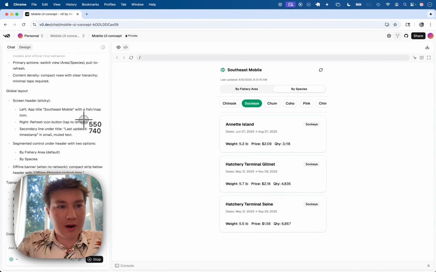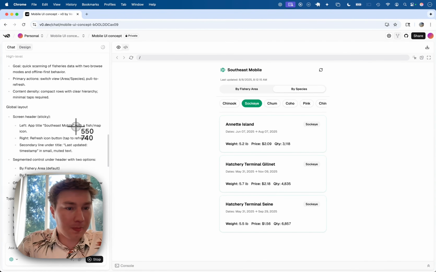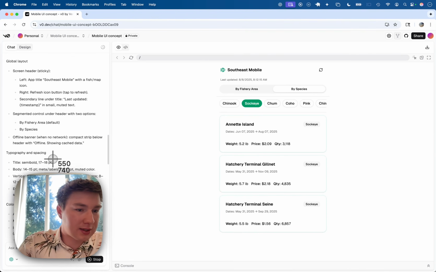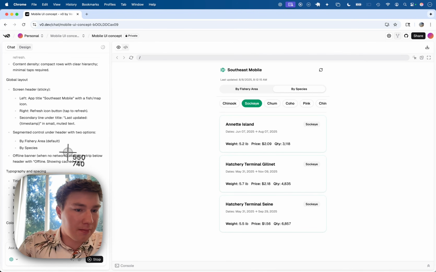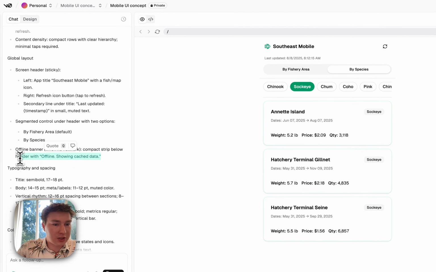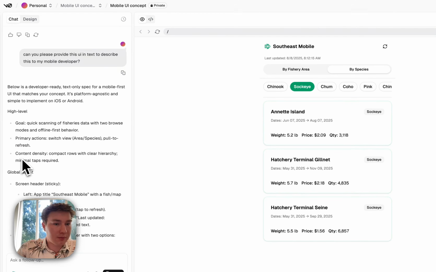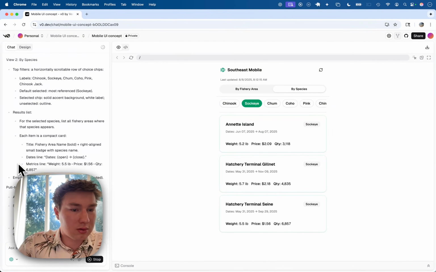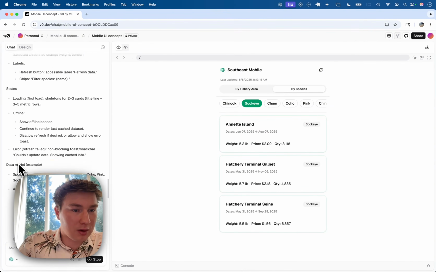And so this is the part where I think it's really important to be diligent with whatever it's providing you, because there are some ways it's going to handle offline data that might not be offline showing cache data. Beautiful. I'm not going to go through this all super diligently,